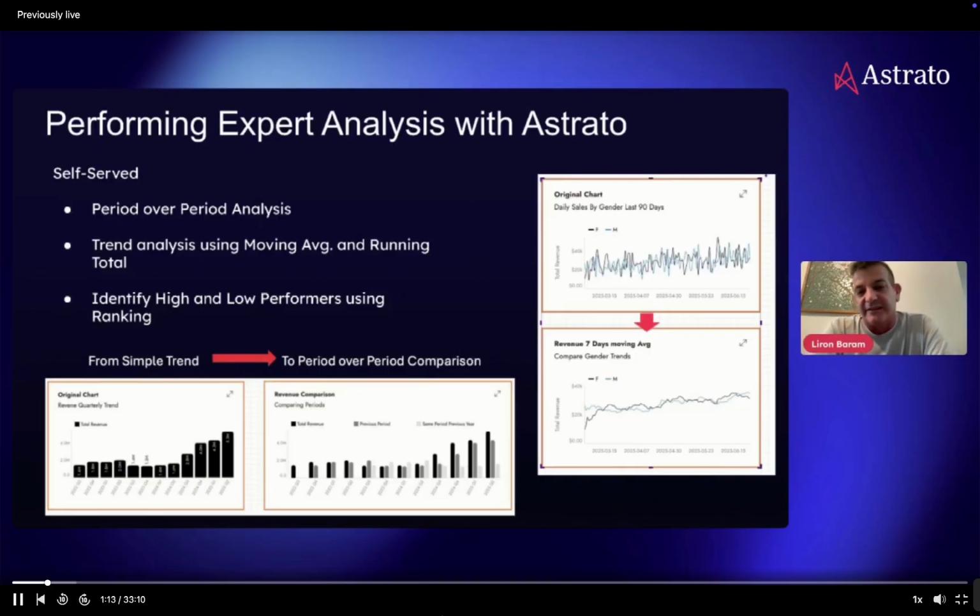And later we will also see how we can easily identify high and low performers using ranking and dynamic ranking, filtering on different region markets to find the high performers in each market and compare their performance to the previous period,